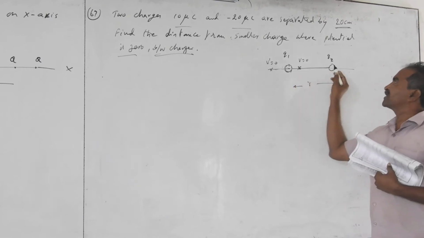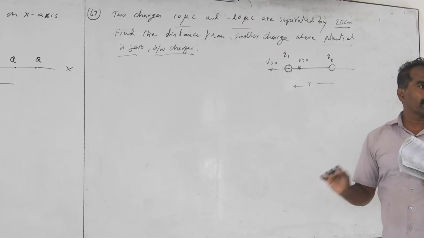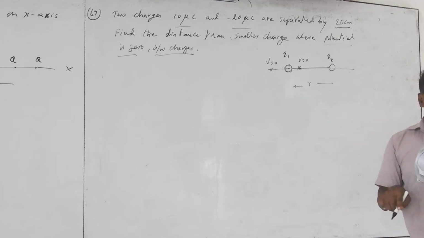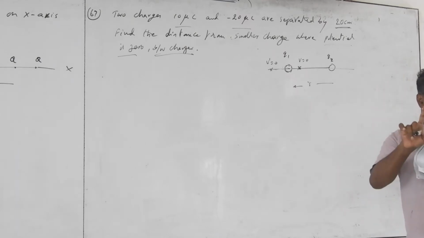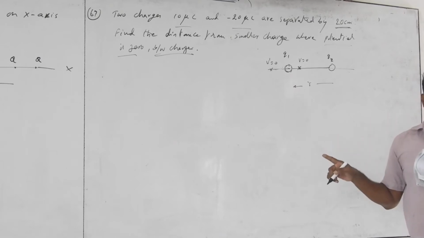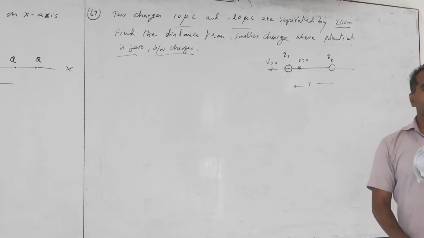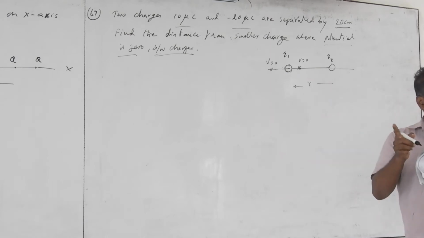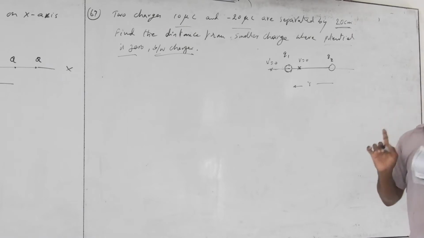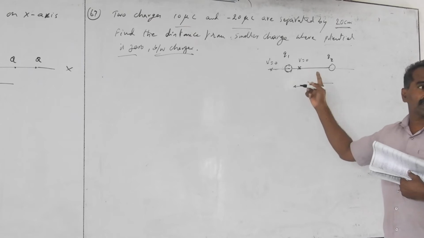If you take both like charges, both positive or both negative, then the potential V will never be 0. The electric field takes the magnitude of the charge, but potential does not take the magnitude of charge. Plus Q means plus Q, minus Q means minus Q. So the total potential is V1 plus V2. Both positive means the potential becomes plus, both negative means it becomes minus. If some positive and negative charges are there, it is possible to have 0. So we must have positive and negative charges compulsorily to have the resultant potential equal to 0.